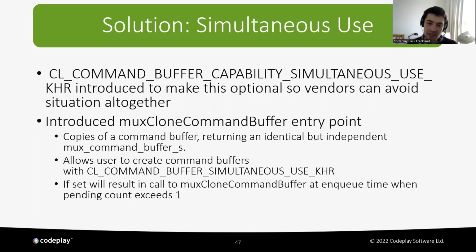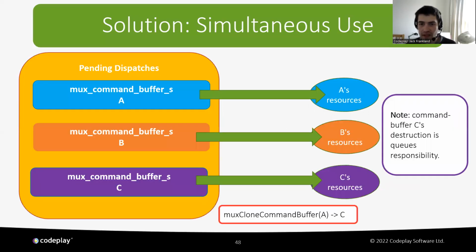And so MUX targets that implement this entry point can support simultaneous use. The way this works is that when a user MUX command buffer is added to the list of pending dispatches, the command queue checks whether there's already an instance of that command buffer in the list of pending dispatches. If there is, it makes a clone of the MUX command buffer and adds that to the list of pending dispatches. So you can see in this example that C is a clone of A, and since C is